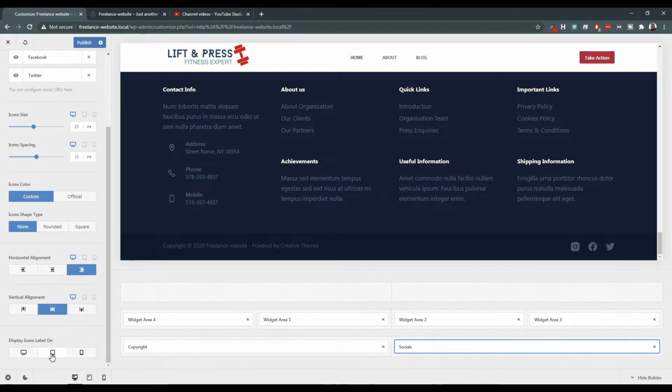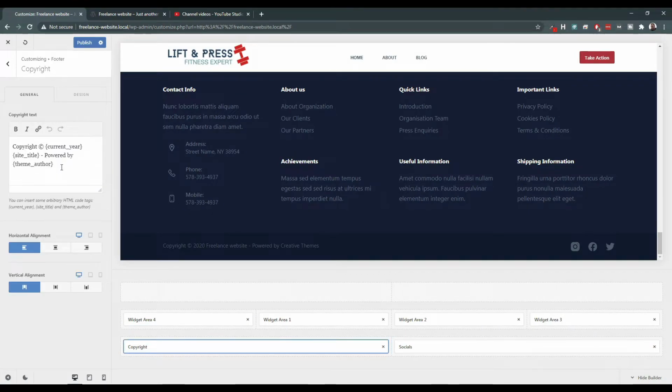Vertical alignment's good, and display on, whatever. So copyright we want to change to... Even though it's very good to let them know that Creative Themes is the people who are behind this, let's do copyright of the current year, I like the current year, and we don't have to put powered by. So essentially you just do this,